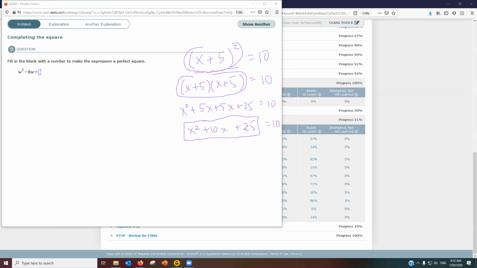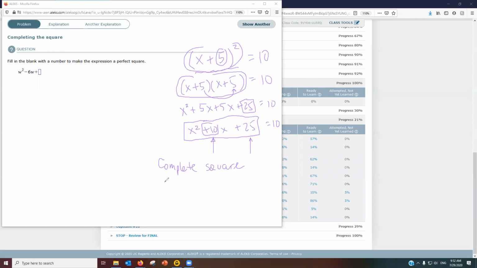Now, one thing you might notice here is this number 25. The way that 25 came about is we took 5 and squared it. Remember, we took this 5 times 5 and squared it. That's how we got the 25. But 5 is 1/2 of this number 10. So to complete the square like this,